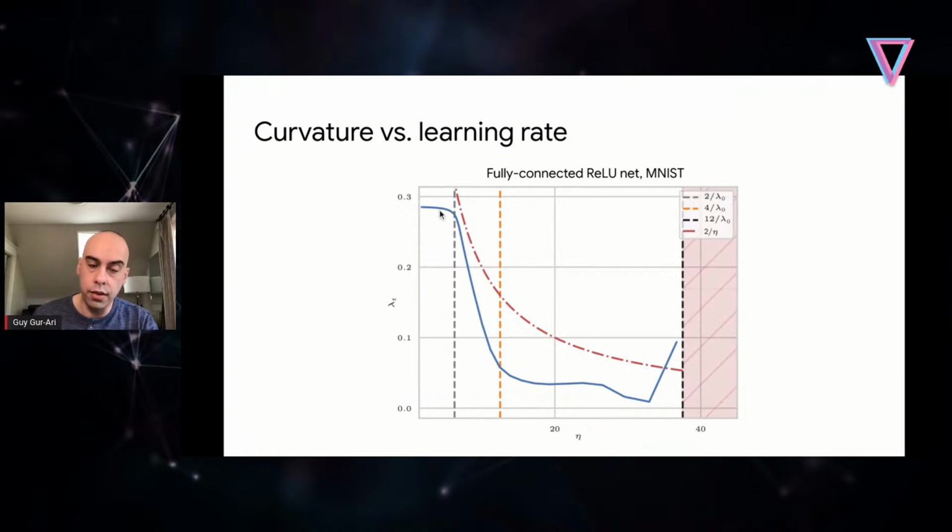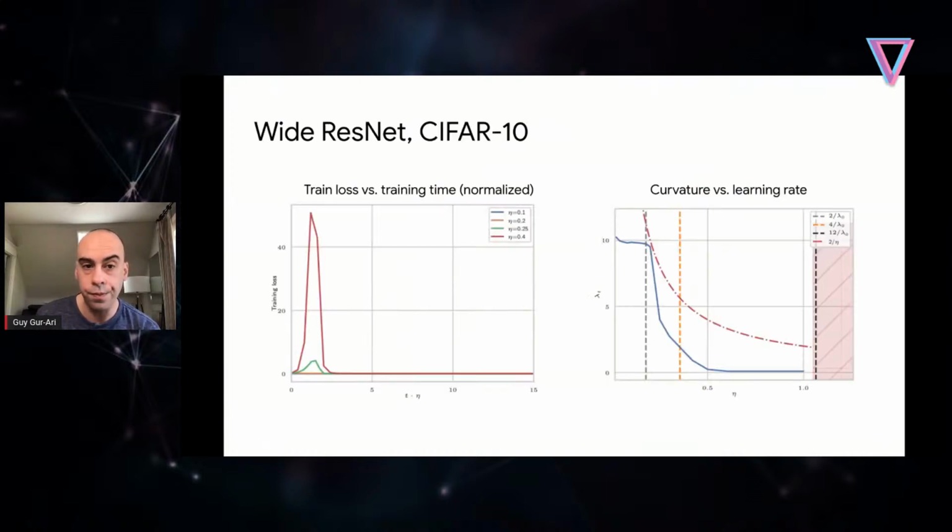And we've already seen this as well. Curvature with low learning rates stays more or less the same. And curvature beyond this critical 2 over lambda learning rate, now we can say this line is the 2 over lambda critical learning rate. This is our prediction. Beyond this line, we see this significant drop in curvature. And this dashed black line here is the 12 over lambda line, which is where we expect the maximal learning rate to be. And indeed, beyond this point, we see divergence. So this is all good. This works and matches our predictions for this ReLU network.